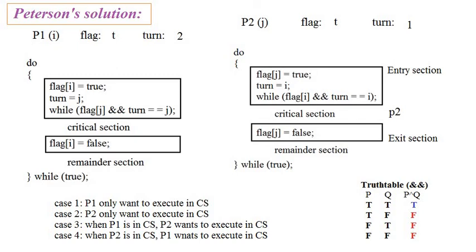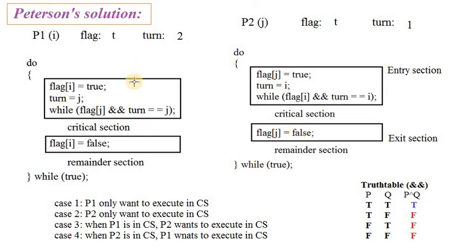That means here the first program is continuously trying to execute the same statement. There is no provision to exit from that while loop. Why? Because P2 is already there. As case 4 says, when P2 is there in the critical section, P1 cannot enter into the critical section. That is not a problem. We are simply restricting the first program from entering into the critical section. That is the beauty of this code. So this is about the Peterson solution. This Peterson solution will satisfy all three requirements of the critical section.